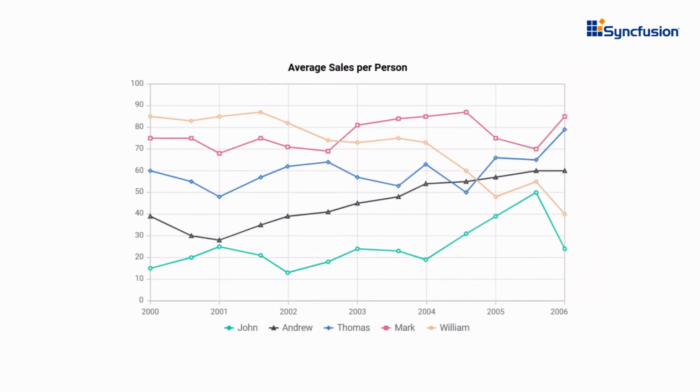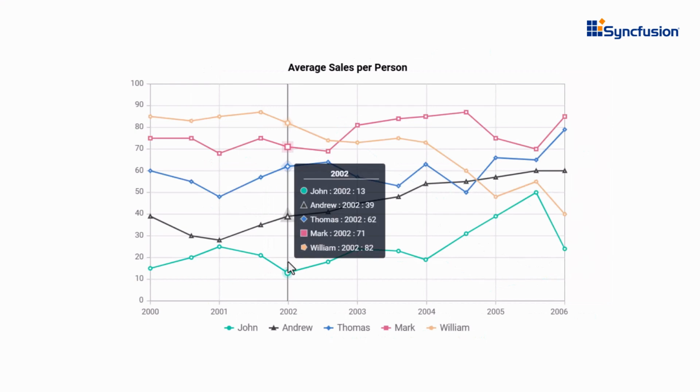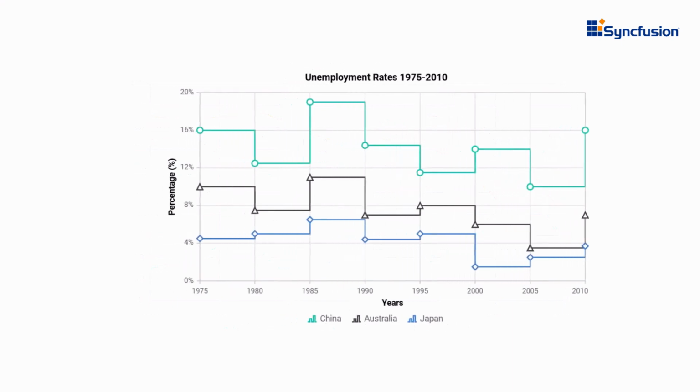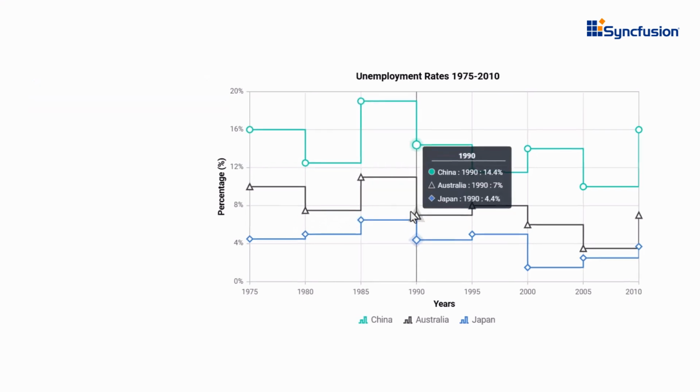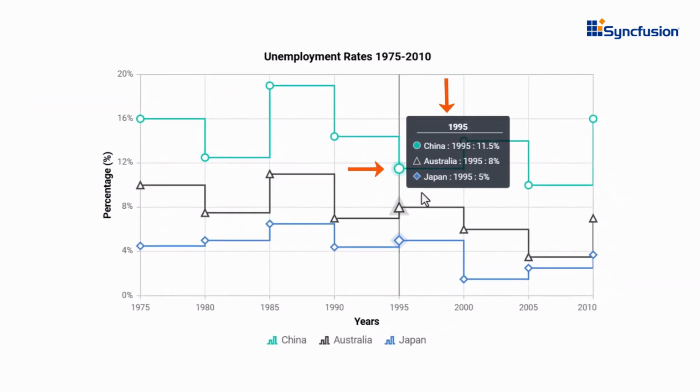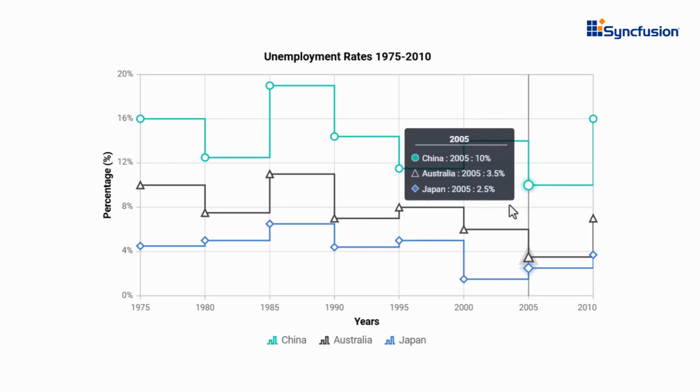Working with multiple series and want a combined view of all values? Trackball is the perfect option. You can enable the crosshair and set Shared as true in the tooltip settings. This shows a marker and a shared tooltip for all series at the closest point, and you can format it